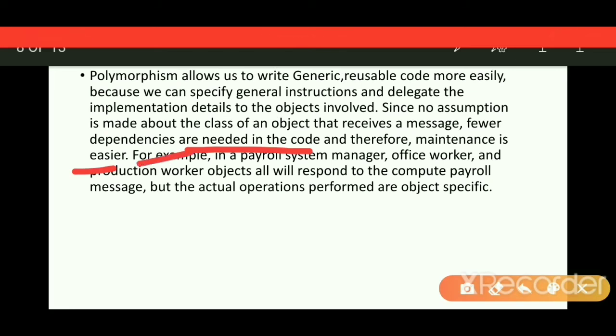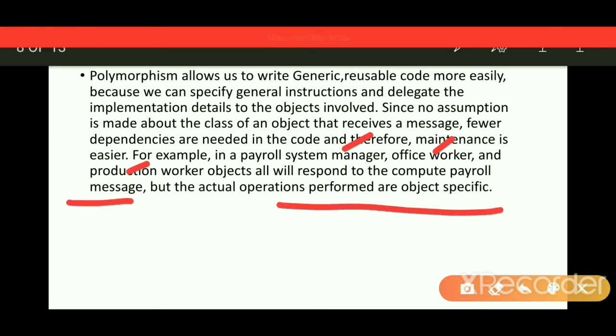For example, in a payroll system there may be a manager, office worker and production worker, so many objects. These objects will respond to the compute payroll message. Whoever it is, manager, office worker or production worker, everyone can respond to the compute payroll message, but the actual operations performed are object specific.